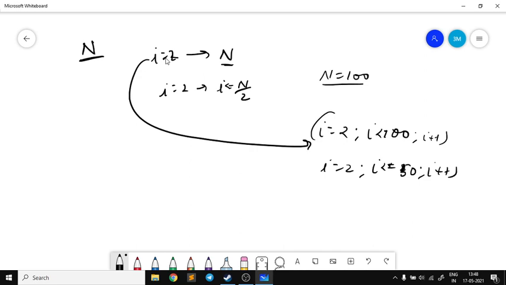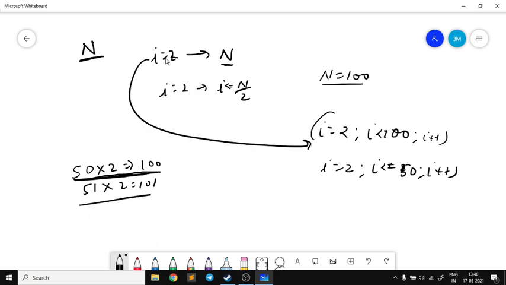So what this means is that if I take any number greater than half of n and take its multiple of 2, it will be greater than 100, right? 50 is the last number which will be iterated. But if I go one more, that is 51 into 2, it will surely be greater than 100.